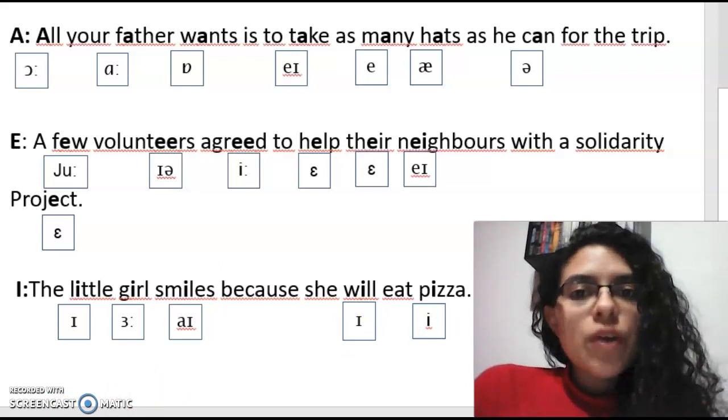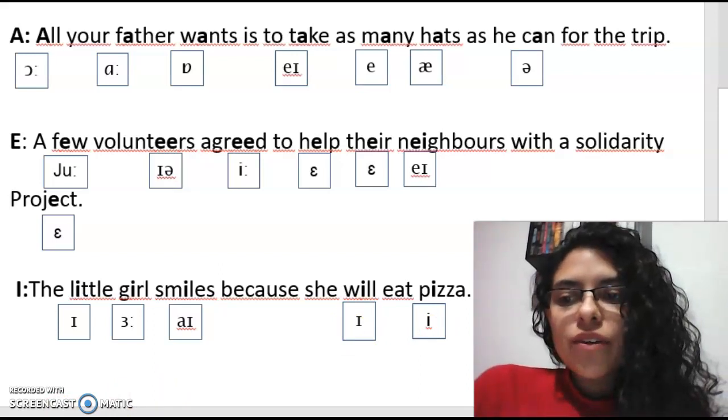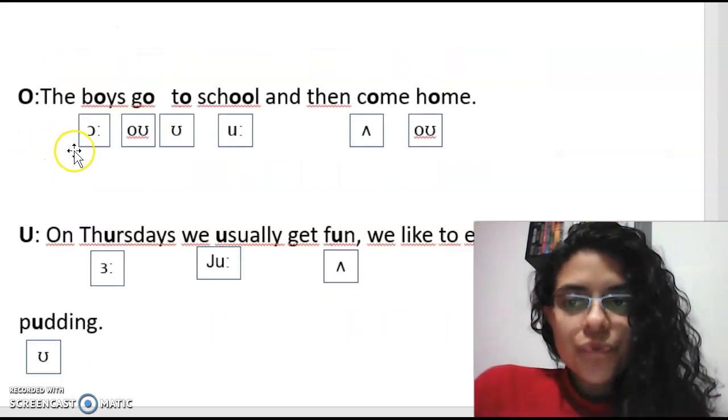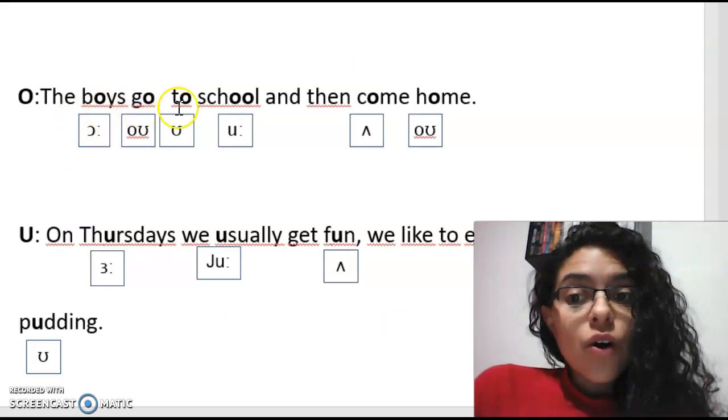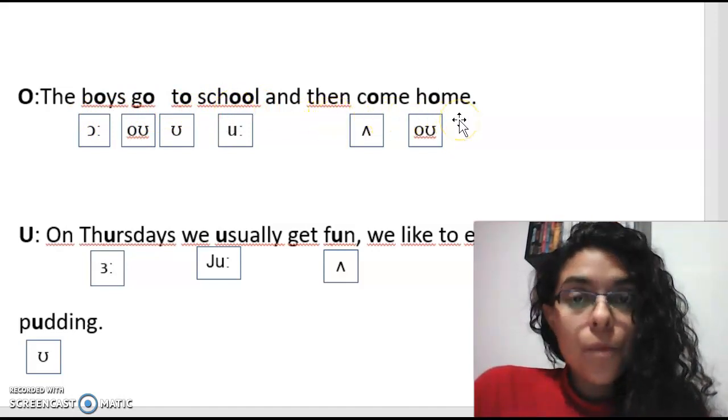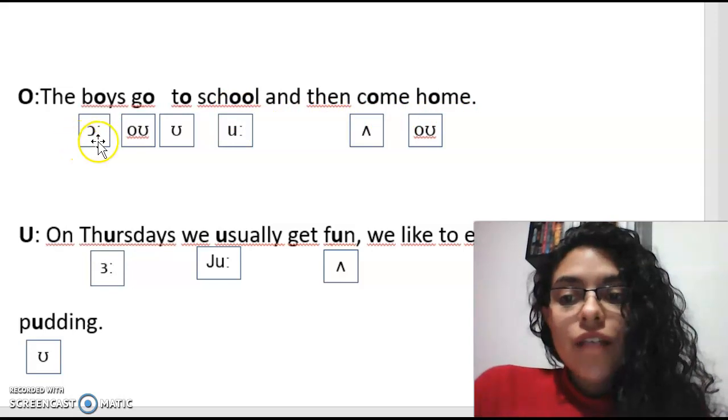And now let's go with the vowel O. So we have the boy go to the school, the boy go to school and then come home. So we have